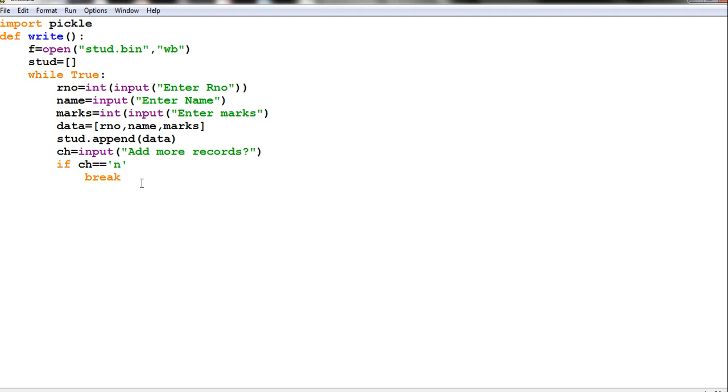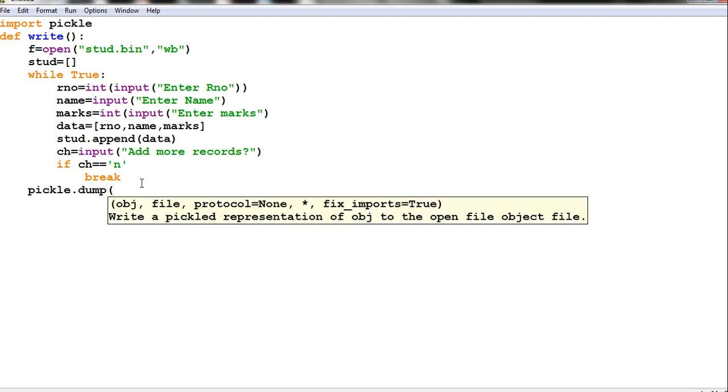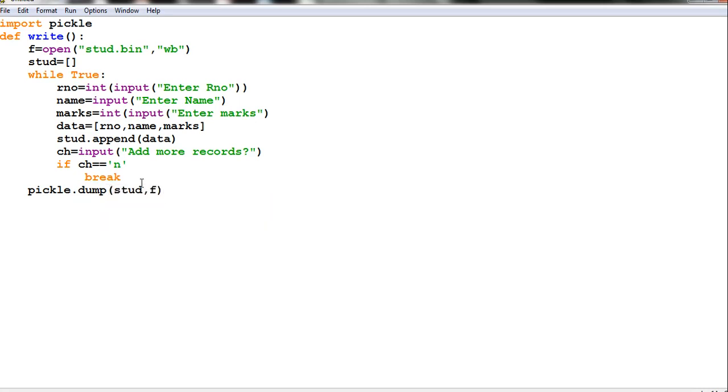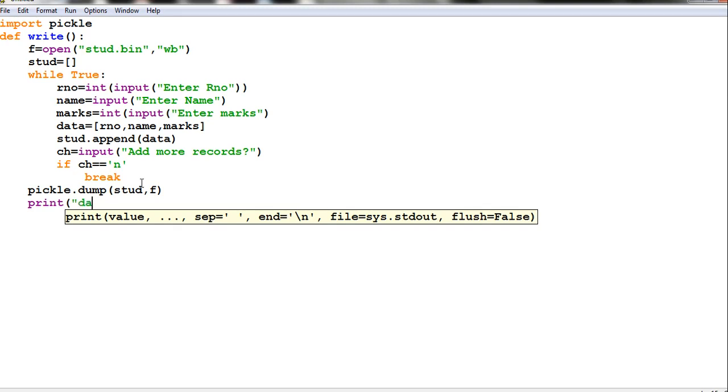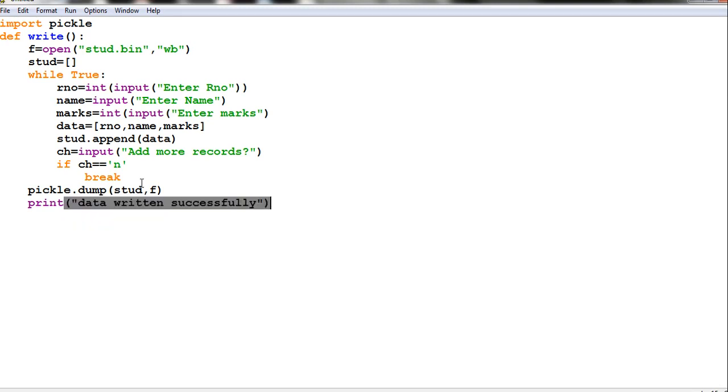So pickle dot dump, the structure is stud, comma, the file handle is f. Just print a statement, data written successfully, to see whether the program is executed or not. This message will display or not, we'll see.